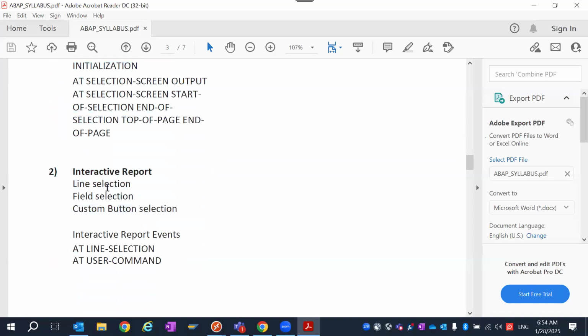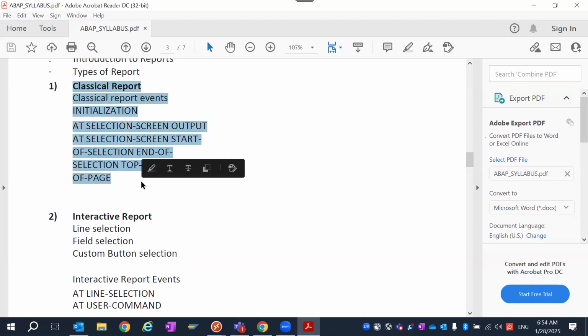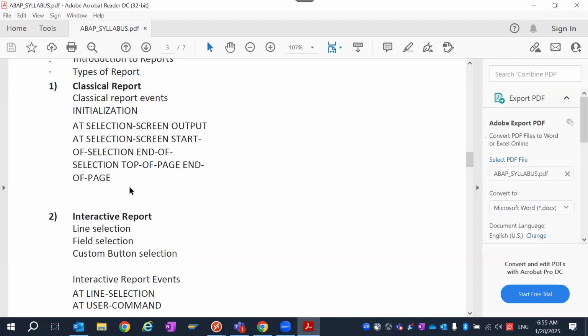Okay. Interactive report, like if I display customer data, I want to see the customer details also. First of all, I have the basic list. There I created how many sales orders there are for the customer, and for each sales order how many materials you have. If I double click on a particular order number, it will go to the next list basically. There you can see multiple